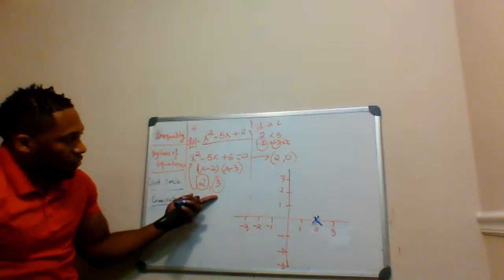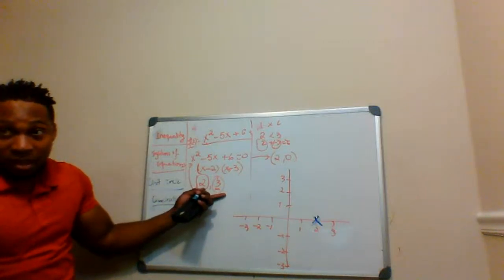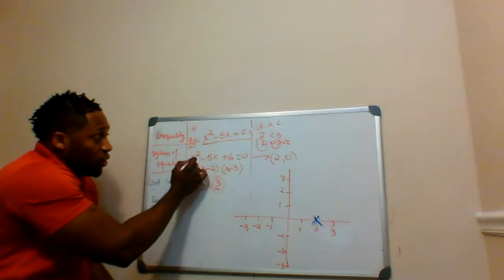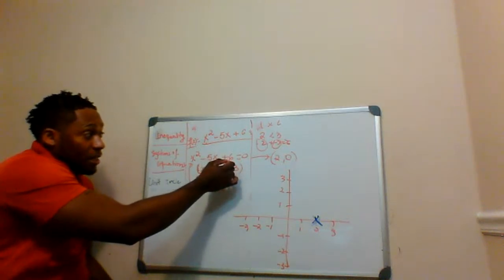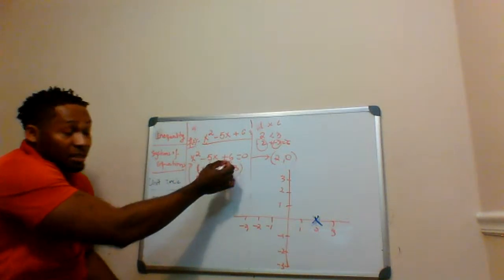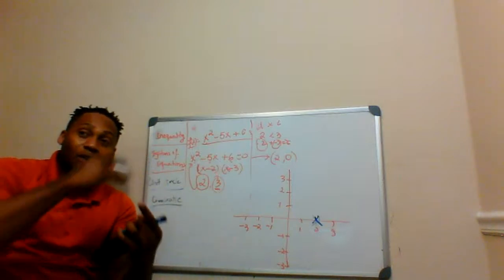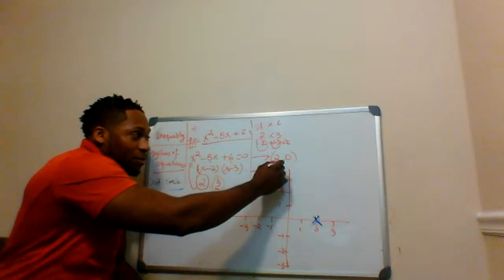The second point that I'm looking for is 3. So 3 is another root. That means when I plug 3 inside of this equation, 3 squared is 9, 3 times 5 is 15, so 9 minus 15 plus 6 is 0. So when x is equal to 3, what's the value of y? 0. The second point that I'm looking for is,